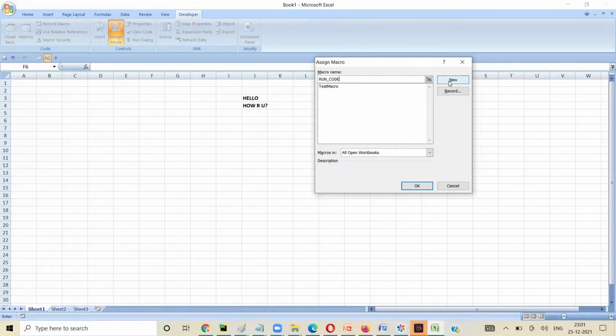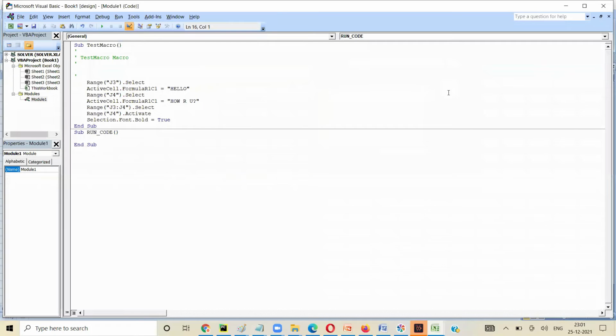So today, after the session, if you get time, just record a macro and do a few things. Now you see the output here. What I did, I said New. See, it created Sub, the macro name and End Sub. Here I can add some commands which I want to. I can add my logic here. We'll see the logic in some time.